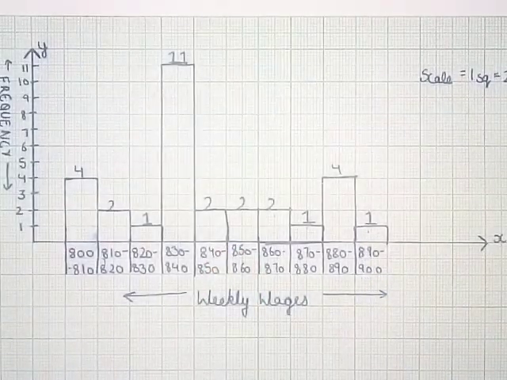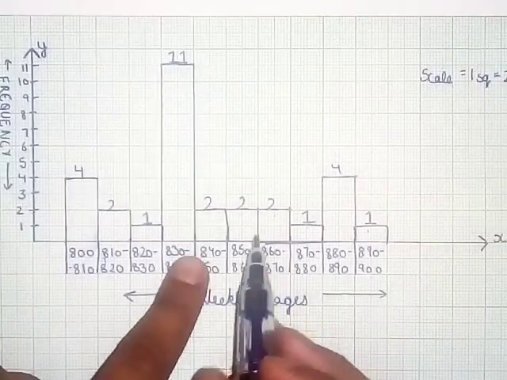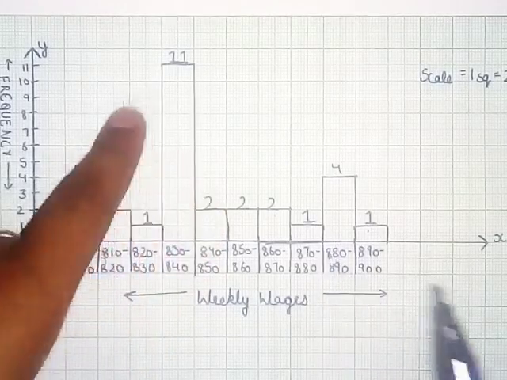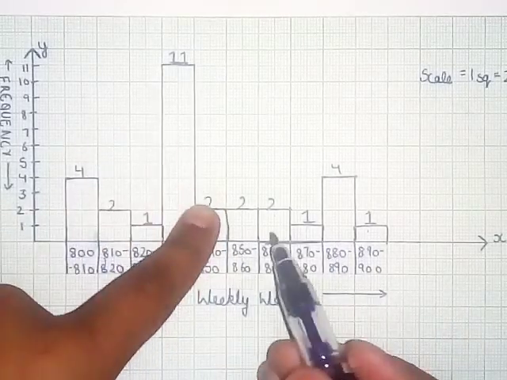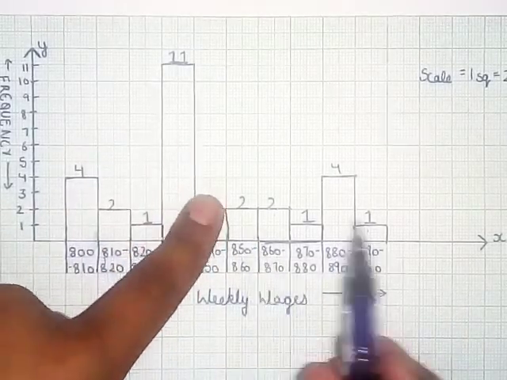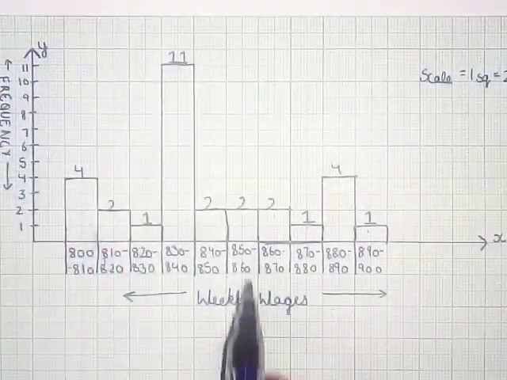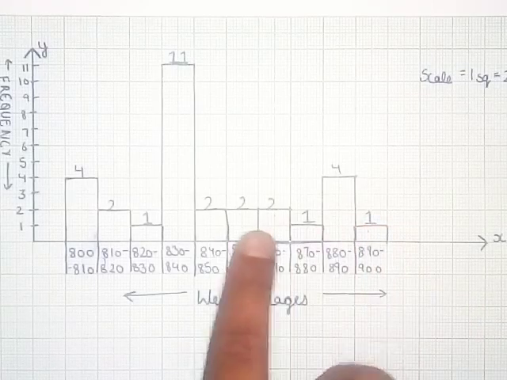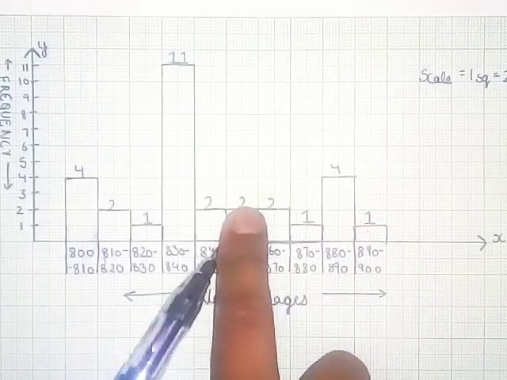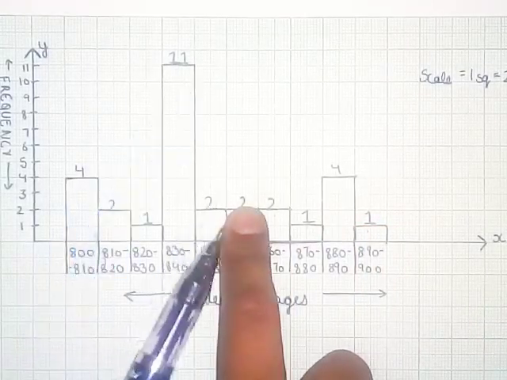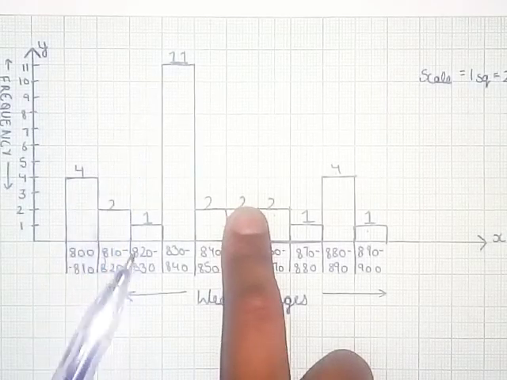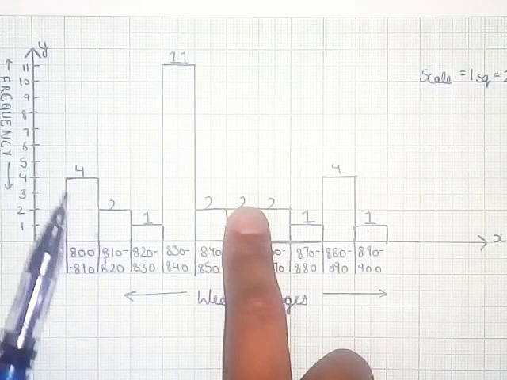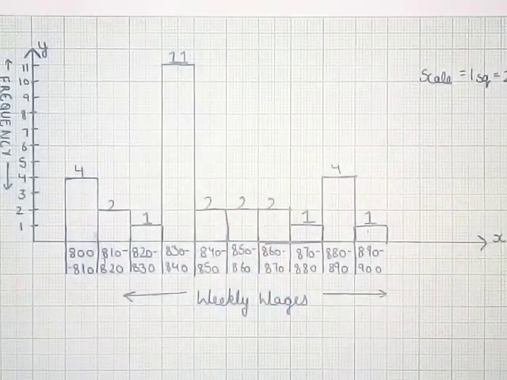Now third is, how many workers earn less than rupees 850? Friends, as we all know, there were 30 workers. We can simply say that 30 minus 10 is equal to 20. But to verify our answer, we can also check it. So let's see. 2, 11. 2 and 11, 13 plus 1, 14. 15, 16. 16 plus 4, 20.